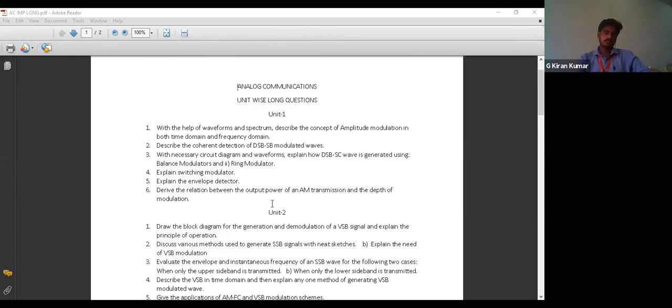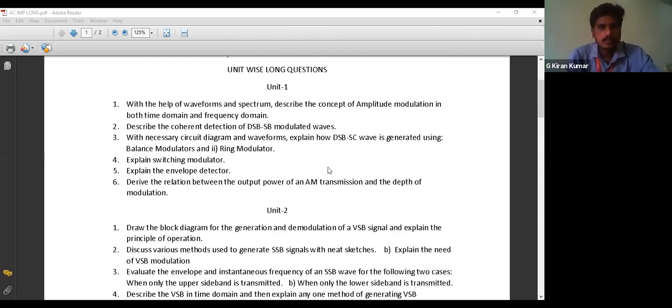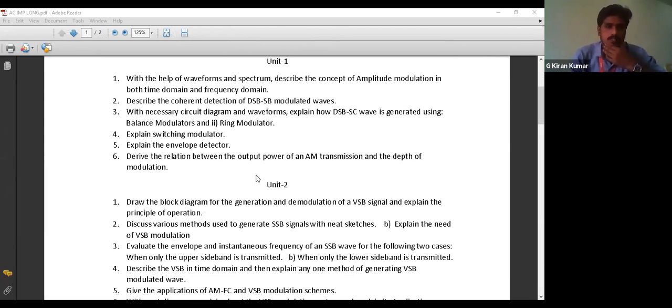And part C also I will explain with the solutions in our next class. We will discuss a few questions. If you want to discuss, I will show you the important questions right now. We have 10 minutes more, no problem. You can see unit-wise long questions. I also have short answer questions with answers, and I will share that document also. You can go through it.